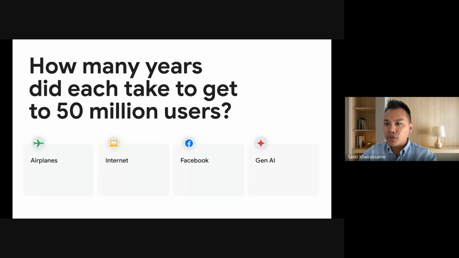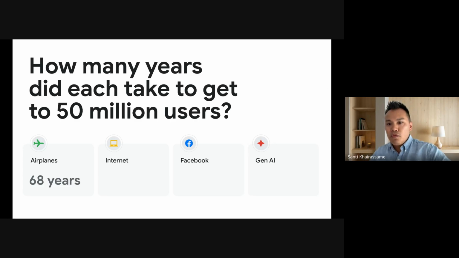Did it take 20 years, 30 years? From the invention of the airplane to where we are now, how long did it take to reach 50 million users? We got 30 years, 22 years, 7 years, 35 years. Really great guesses. 40 years. Nice, I love these guesses. Let's see what we got here. 68 years. It's a long time. Also keep in mind, if the plane was just invented and someone were to say, hey, get in this metal tube as it is 30,000 feet in the air, yeah, I'd be apprehensive also. 68 years to reach 50 million users.